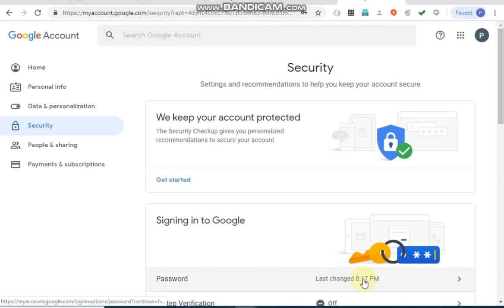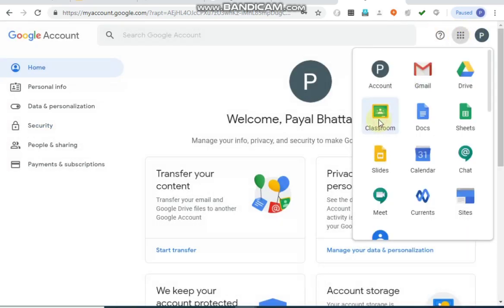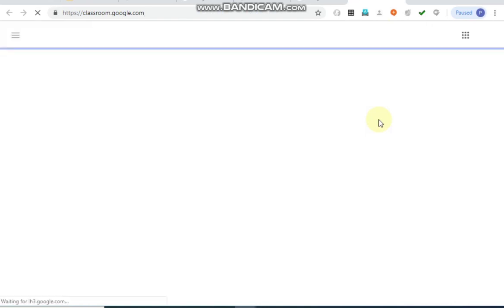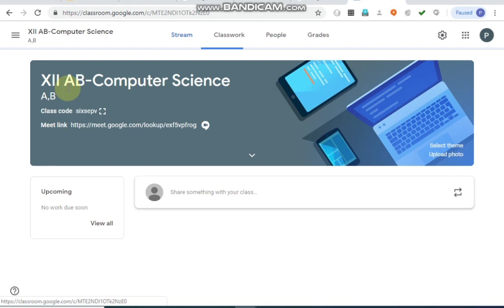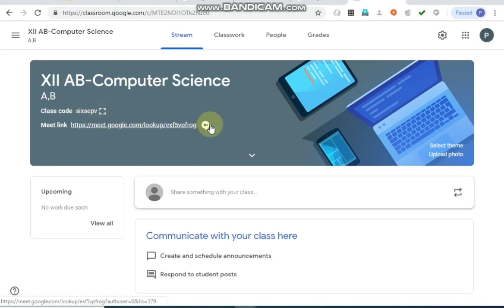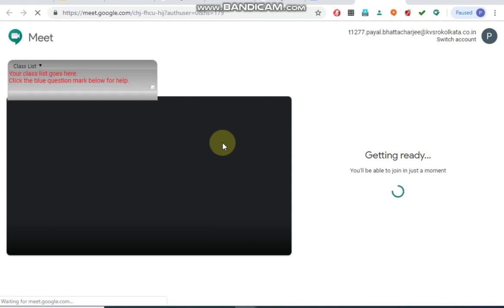It is showing you when you have changed the password also. So now you can go back to home, and you can again come back to your Google Classroom. And suppose you want to start the meeting, you can just click on the Google Meet, and you will be here.